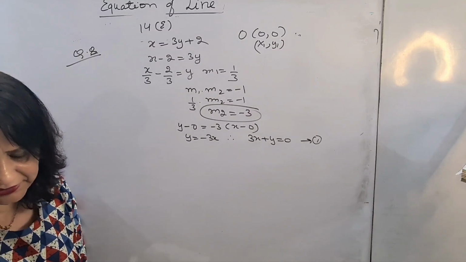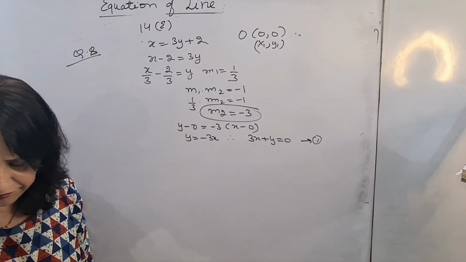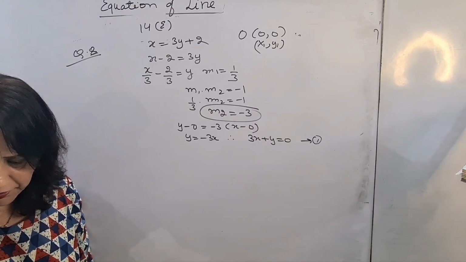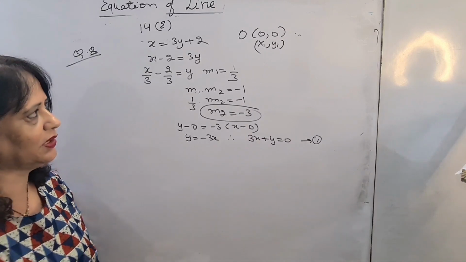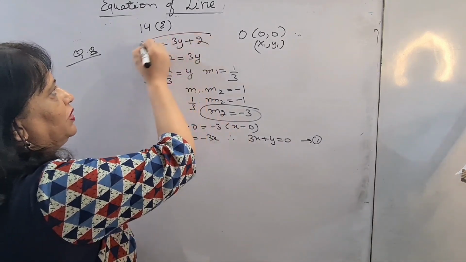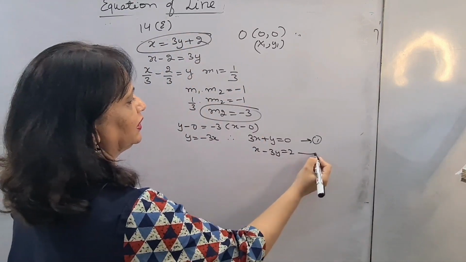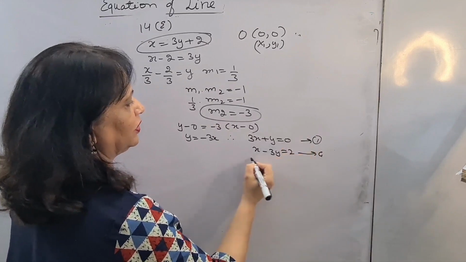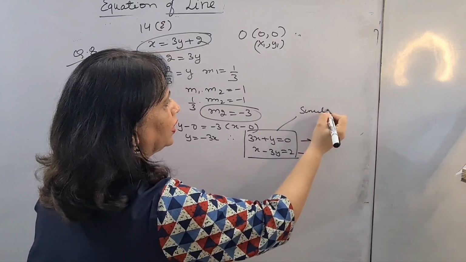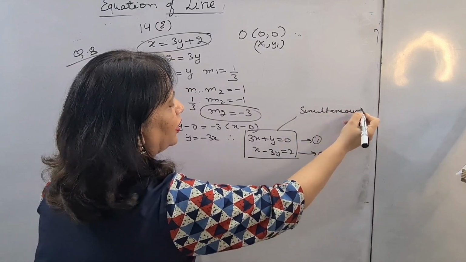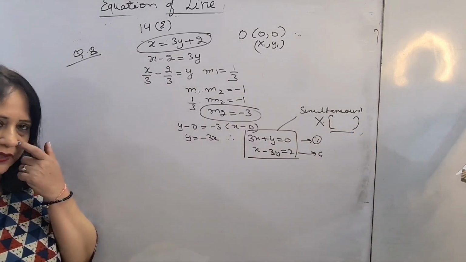find the coordinates of X, as we did in question number 22, 24 of exercise 14D. So now same thing, I have been given one equation, I have formed one equation. Given equation x minus 3y is equal to 2, this is the given equation, and this is the framed equation. Again, solve them simultaneously to calculate the coordinates of point X, and that is the question, to calculate the coordinates of point X.